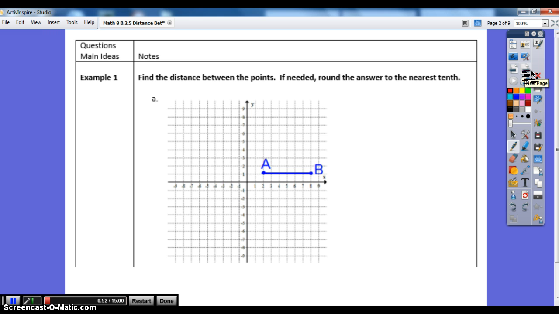First of all, let's start out simple. Find the distance between the points. If needed, round the answer to the nearest tenth. Well, do we need to really do anything on this one? Do we have to do the Pythagorean theorem to tell me the distance between those 2 points? No, because